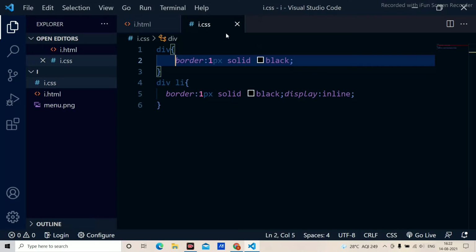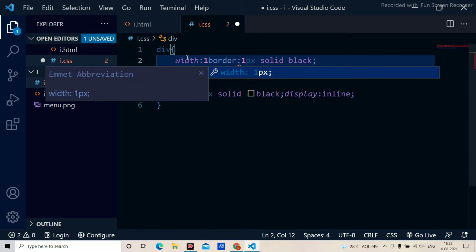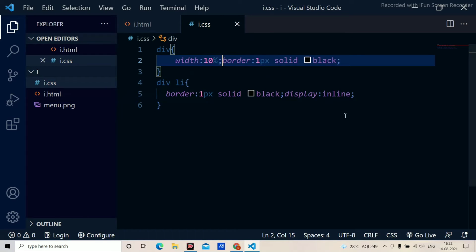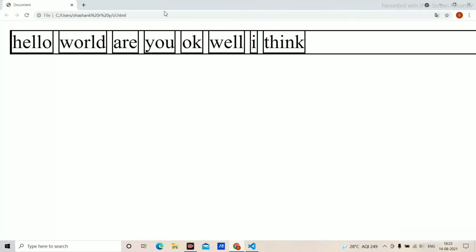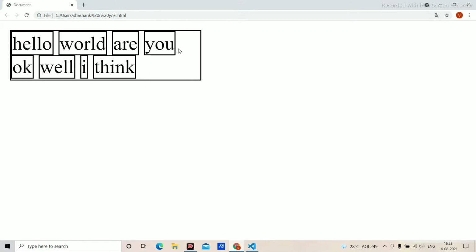When I use inline flex, I have the 10% width, and in the inline I use flex. Whenever I use flex, if the parent node is very small in size, the child nodes take a line break. If you don't understand, just look here.